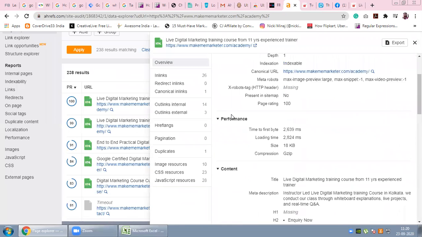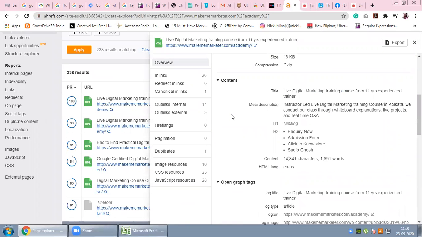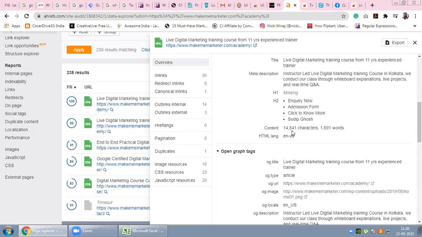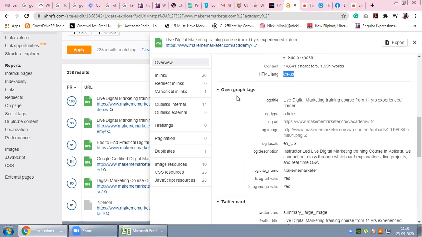So here again I can see all my SEO analysis. I have put the title tag and meta description, the H1 tag is missing, the H2 tag is present. So I can start inserting some H1 tag in my content. I can see how many characters and words I have used, what English language I have used, and the Open Graph tags I have used, so that Google can better understand what the pages are all about. So what are the things I am missing? Valid URL, valid image, I have not missed.